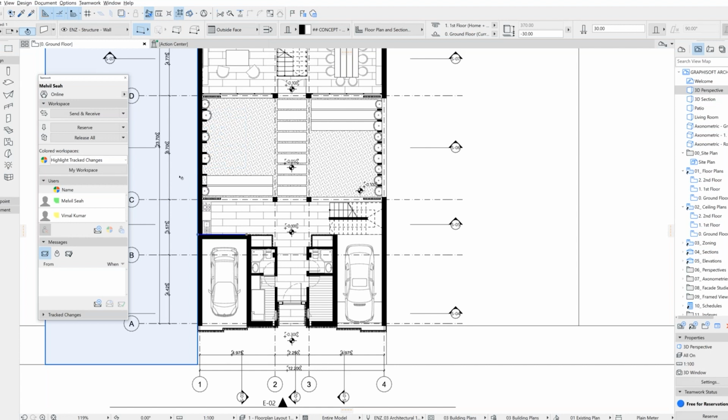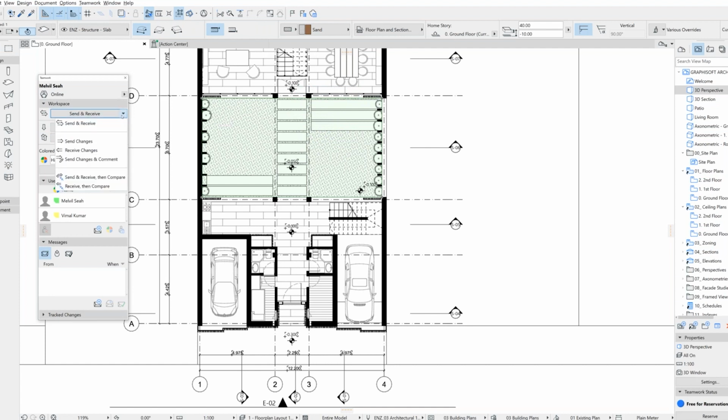So now I will show you an example of how to use send and receive, reserve, and release all. An unreserved element, when I click on it, will be highlighted in light green with a gray color hotspot. If I reserve it, it will turn to a bright green with a black color hotspot. If I release it, it will return to the same as previous. Over here in these 3 commands, you can see that there are drop-down buttons. If you click on the drop-down buttons, it will show you more options that help you to collaborate even better.